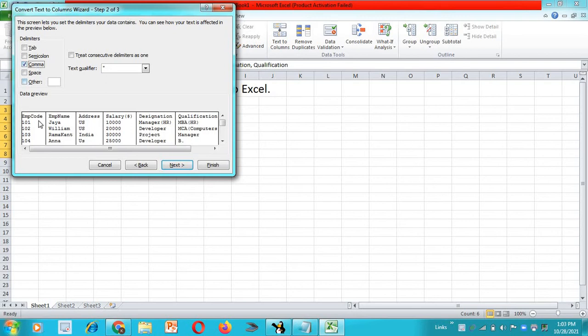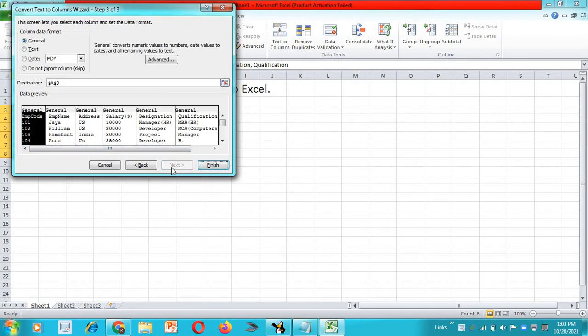So here is a preview. This screen says omit the comma and make a separate column wherever the comma occurs. It's a pretty good preview, all the columns I want have been separated. So just go to Next.